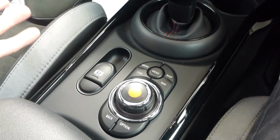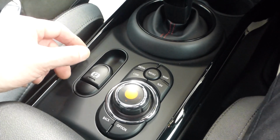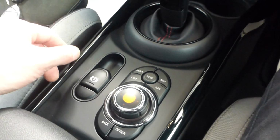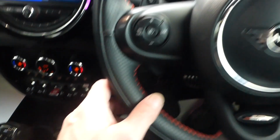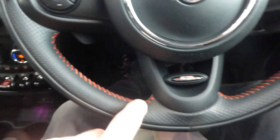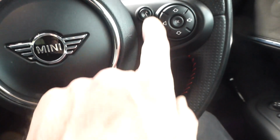You may not like the electronics, but they've been around a few years now, and if serviced properly then they're no problem. So steering wheel wise, you get a standard leather effect wheel with red stitching and the John Cooper Works emblem. You've got voice activation,